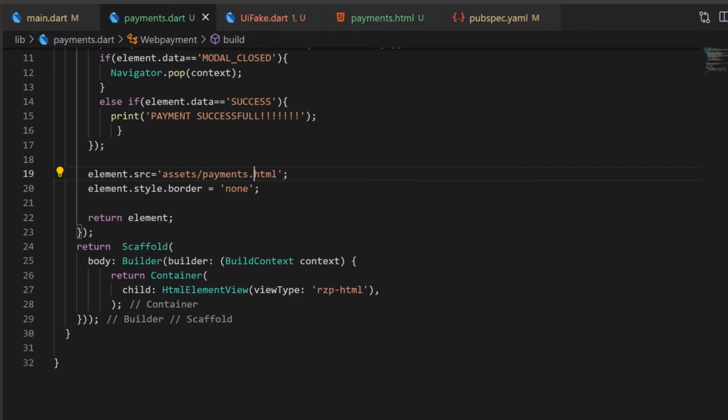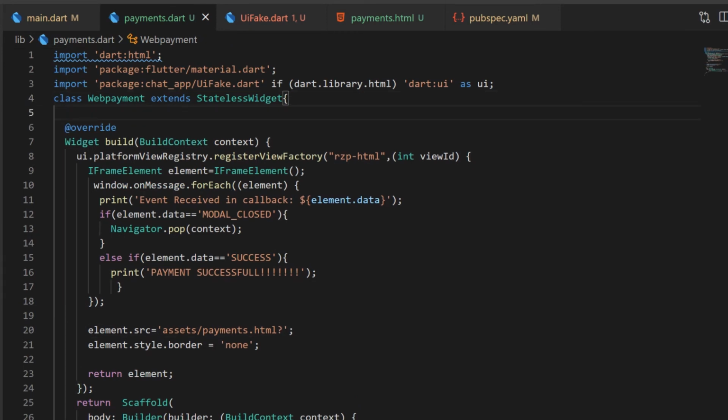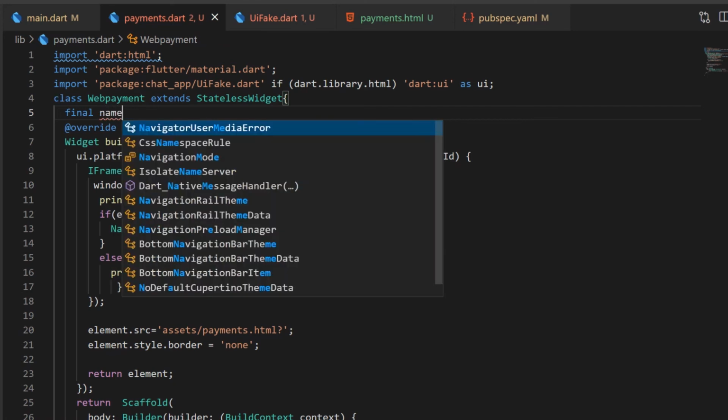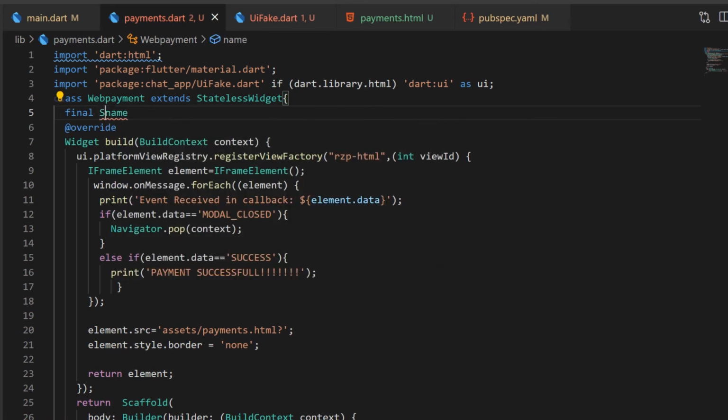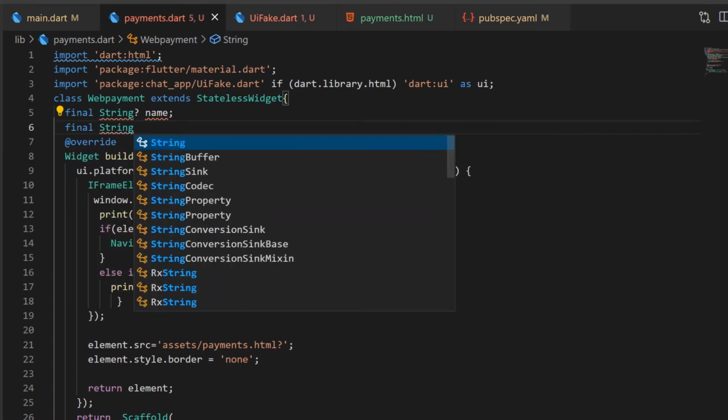How? So we will first do the question mark, and first we will demand all those things from the previous page. Final, give me the name of the product, and this is a string. For null safety, we are using this string name, then final string image.